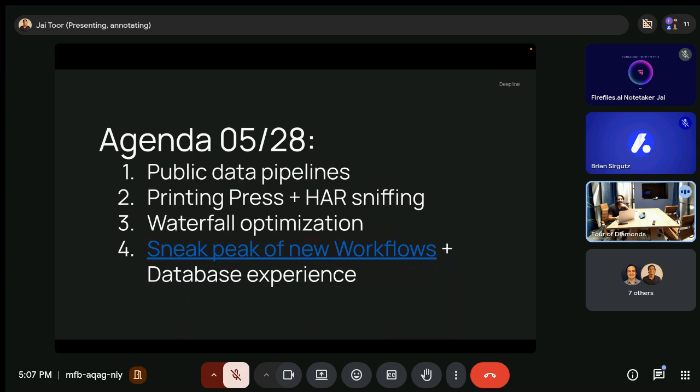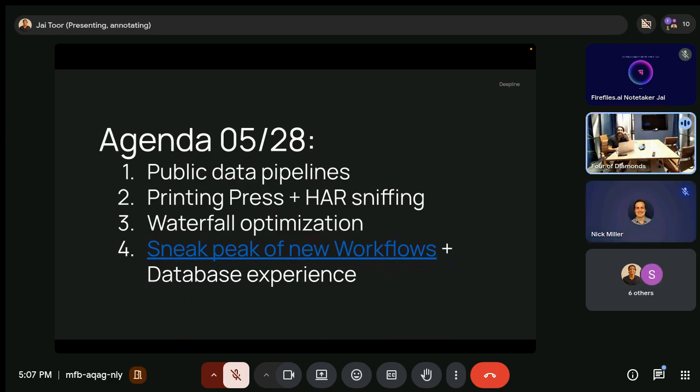And then the last piece is that we have a new workflow and database experience. The quick summary is that workflows are now a little easier to navigate. You can have sub workflows, or tiny workflow pieces, that you piece together to build larger workflows. Think of it as building blocks of workflows that you reuse over and over again. And the main difference in the database, which we're pretty excited about, is that all the data you capture locally in CSVs today is mirrored in the database. We have temp scratch tables where you can see the exact status of a task over time.